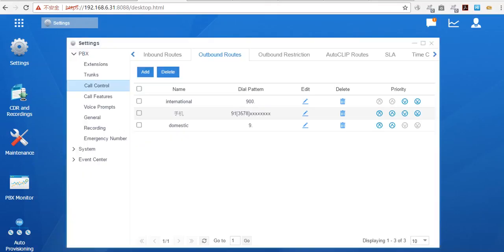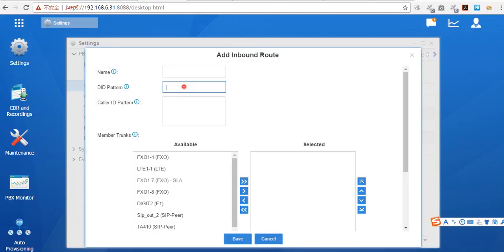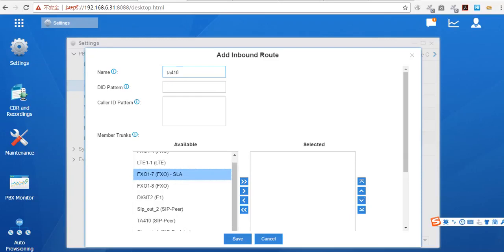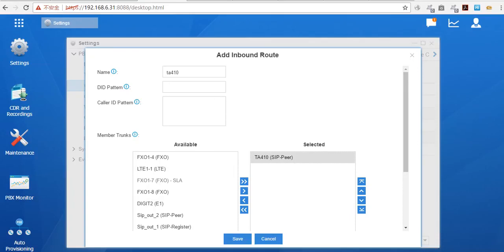And here we are also going to define how we like to receive the calls that are sent from the PBX. So here we also have the TA410, and in trunks we define TA410. Okay, so the caller DID patterns and the caller ID patterns can remain the same. If it's necessary, you can put parameters in here, and the system will work accordingly. The caller ID pattern here will work pretty much as a screening system, which will drop all the calls that do not match the